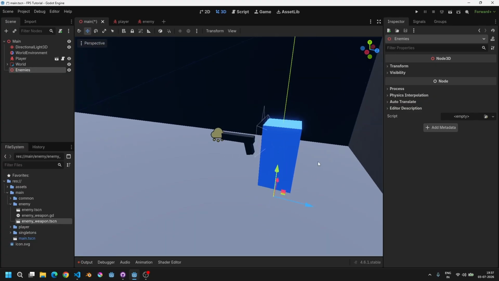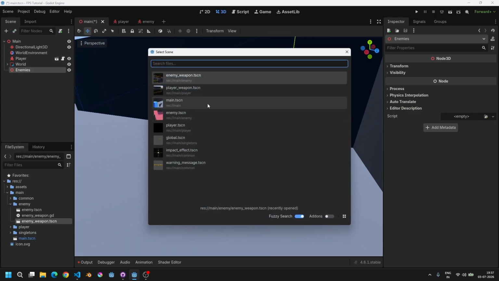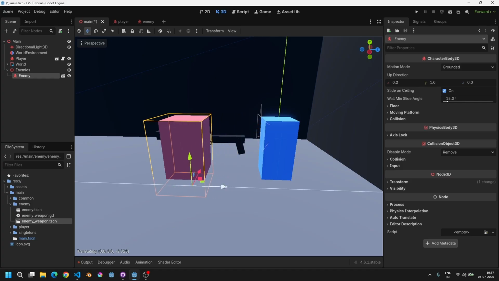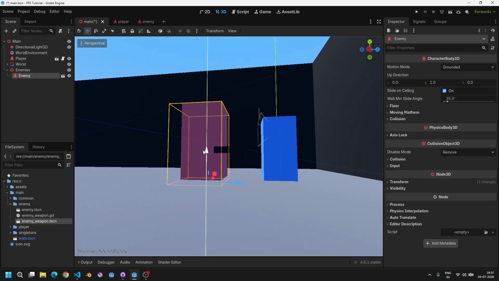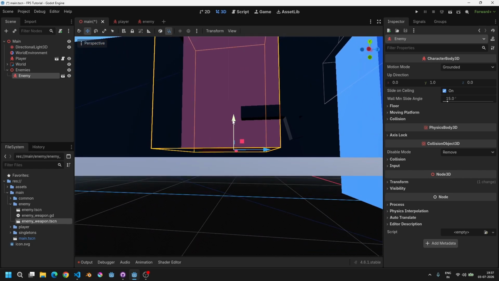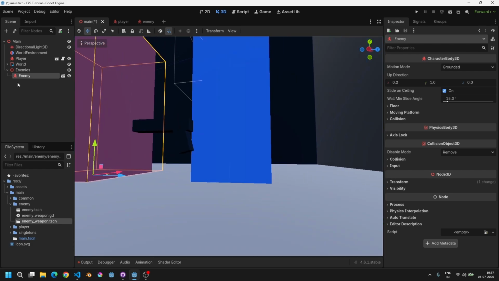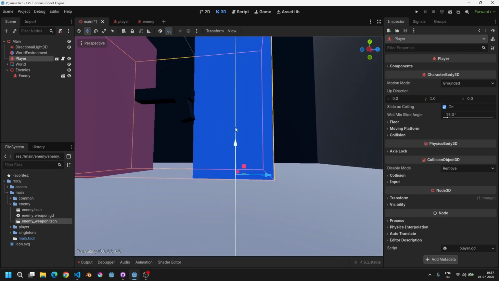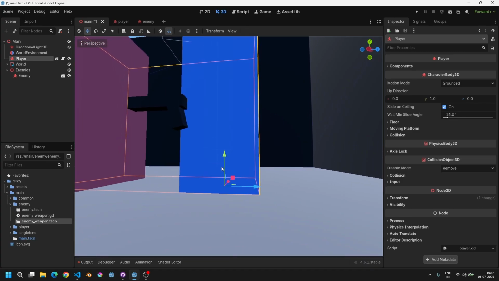First of all, what we are going to do is add the enemy inside of our world. So this is it, and okay, the enemy is not exactly on the ground, and I realized the player till this point was also quite underneath the ground. Let's put it up as well,